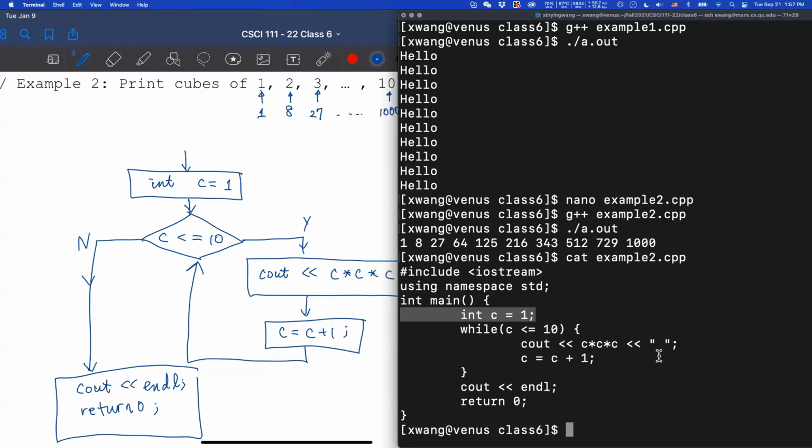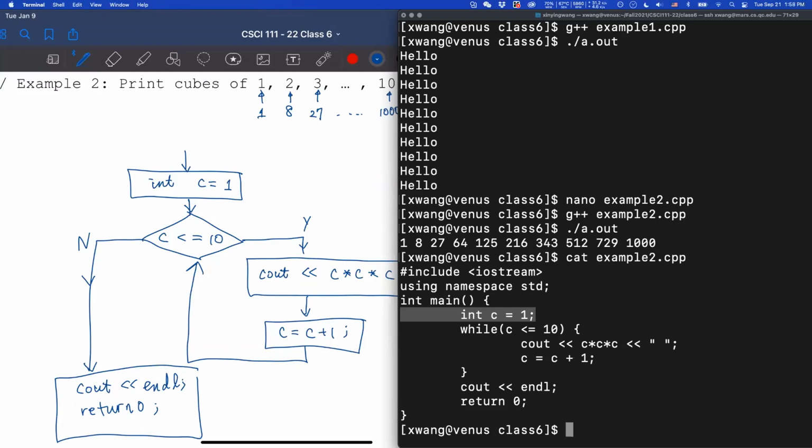And then we will just put a space between them since I don't want it to have 10 lines. I want to print it in the same line. So I just put a space to separate each cube. And then you increment it, and that will be the loop part. Right? So once your answer is no, you will go on. And since we print our solution in the same line, we need to end the line. Otherwise, our next heading will be right next to, in the same line as the 10 cube.